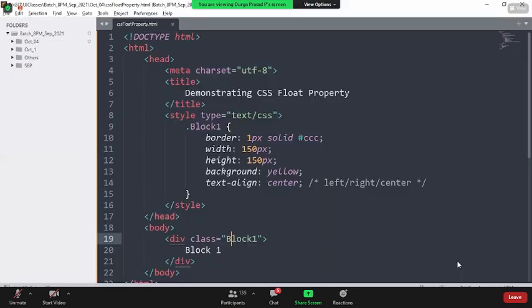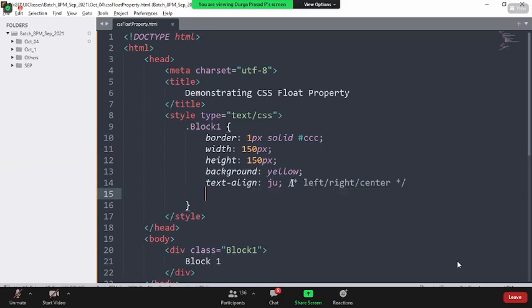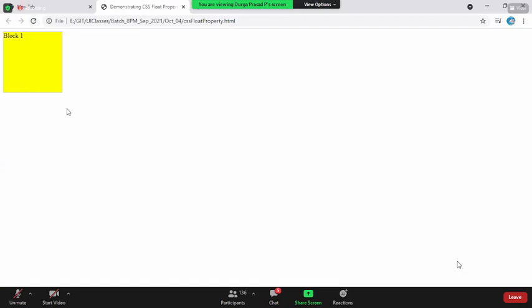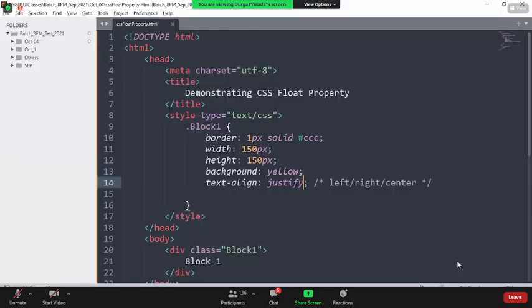Sir, can text align equal justify? Text align justify. Okay, why do you want to make it justify? Now, reload the page. What is justify? To justify and align content, we will talk about all of that when we get to display grid or display flex items. Currently, I'm only talking about text align, which has possible values like left, right, and center.